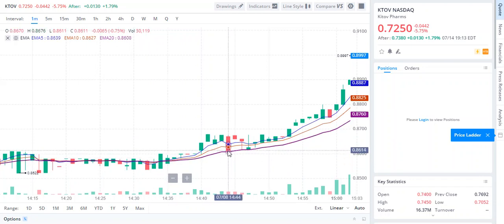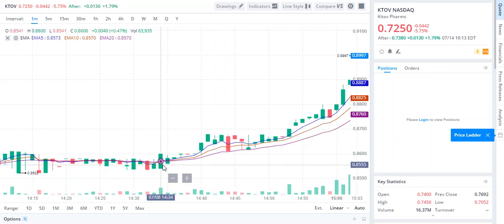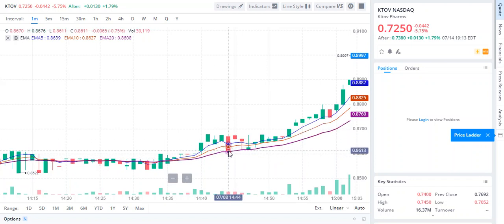So even though it did cross below, what you can do with candle patterns is you can use where the price crosses above the EMA line as your support. So like in this case, it crossed above and it stayed above here at 0.8577. So that could be your support. Or you can use the lines as a support, depending on what you're looking for as far as your risk tolerance goes. So here it closed right above that EMA 20, which it used as the support,